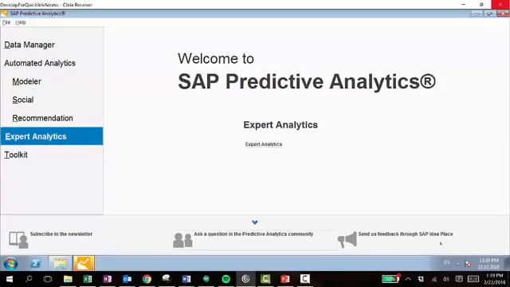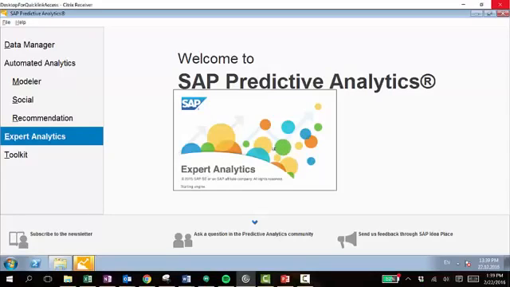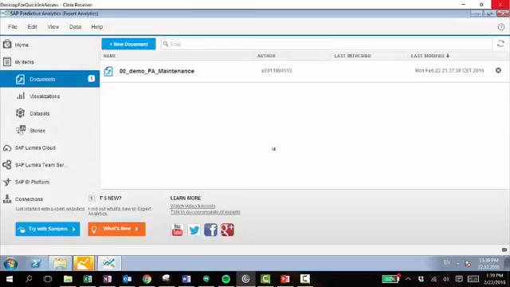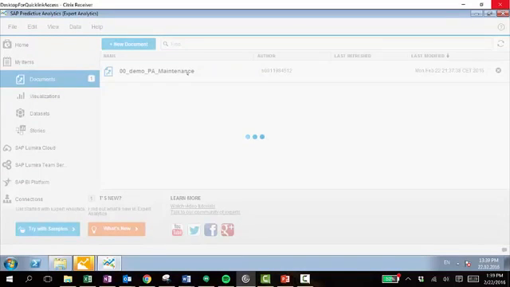This is the SAP Predictive Analytics application, and this will allow us to create all of those different analyses that I'd mentioned earlier. So what we'll do is click into the Expert Analytics, and this is where you will create these analyses. Right now I already have one saved as a document, so I've already connected to the specific database that I want to connect to, and I've set it up and saved it as this document. So we'll open this up,